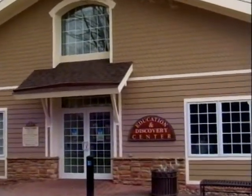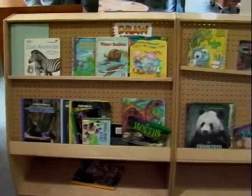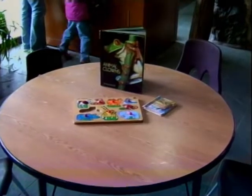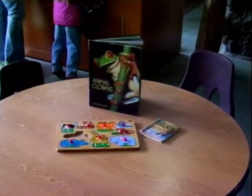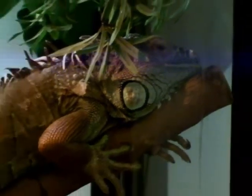It was opened about 3.5 years ago, and we greatly needed a facility like this because we have a large education department. We do programming for lots of school groups, and we needed it for that. And while we were building a facility like this, we thought there should be an element in it that the general park visitor could take advantage of, and that's what the Discovery Room portion of it is,